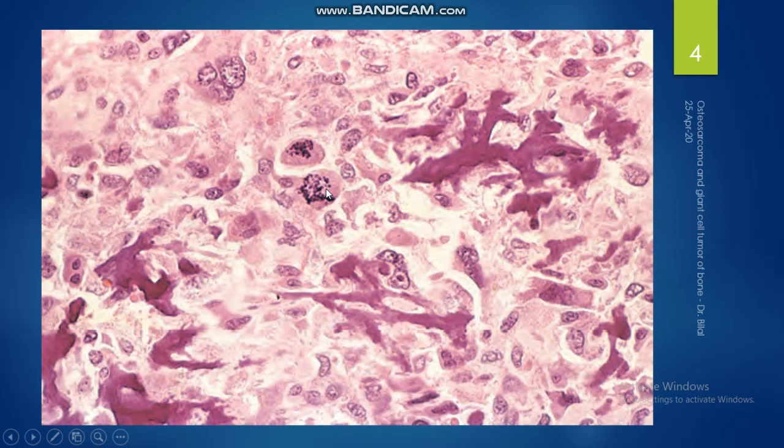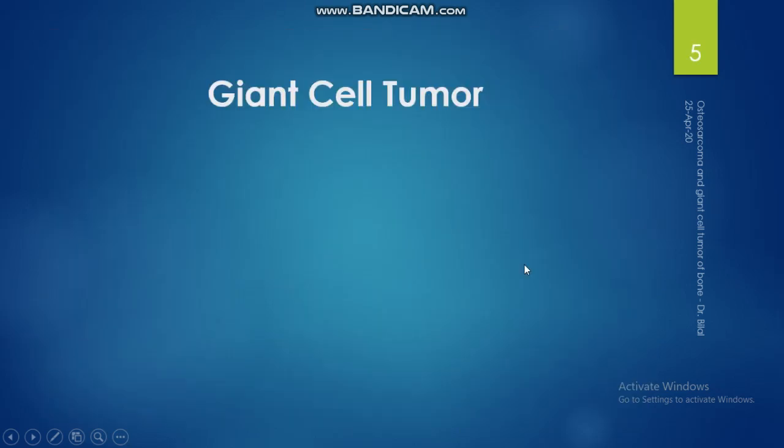These two are the mitotic activities. There's usually a high mitotic activity going on in these tumors. So these are bizarre mitotic forms, the atypical mitotic figures you can see here, this one and this one, and this one is a mononuclear tumor cell, and these are multinucleated tumor cells. There might be bizarre forms, and this is the osteoid. So this is the typical histology of an osteosarcoma. Now the next tumor for a very brief discussion today is giant cell tumor of bone.